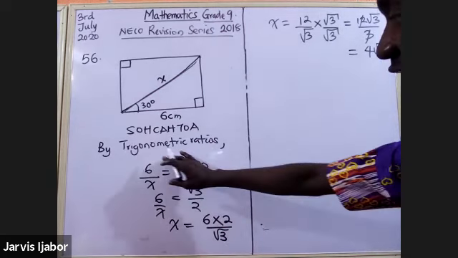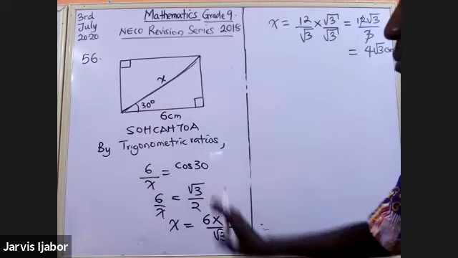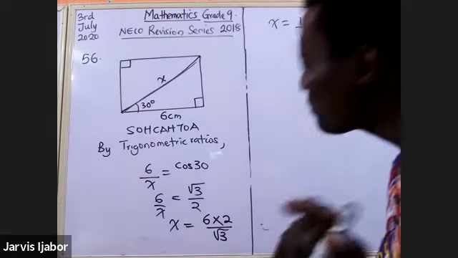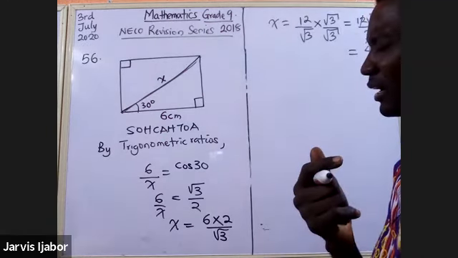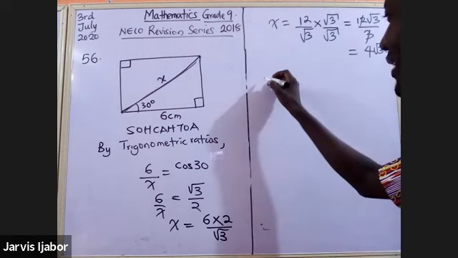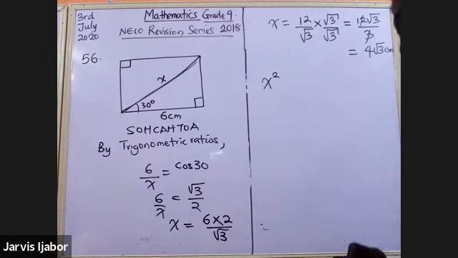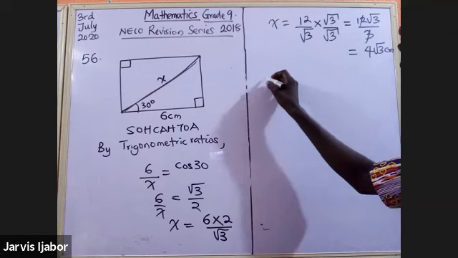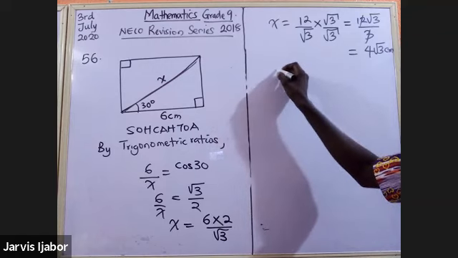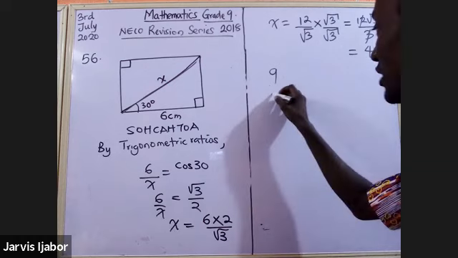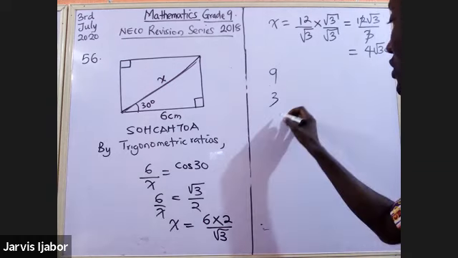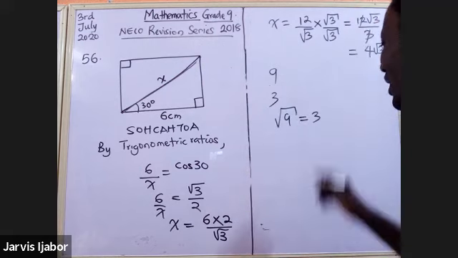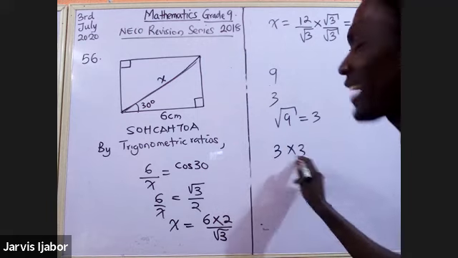I don't think you have any issue with this. But where I think you're going to have issue will be how to resolve root 3. Remember in your JSS, in your grade 8, we said that x squared is the same thing as, let's say, I say find the square root of 9. If I say the square root of 9, you're going to tell me it is what? 3. How? Because the square root of 9 will be equal to what? 3. So it means that you have to multiply 3 twice to get